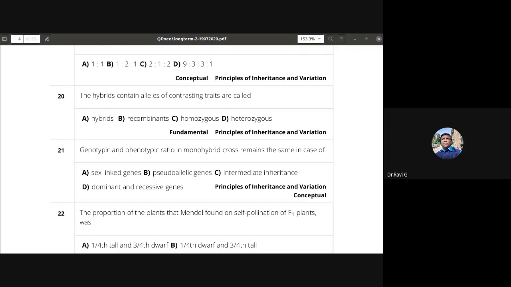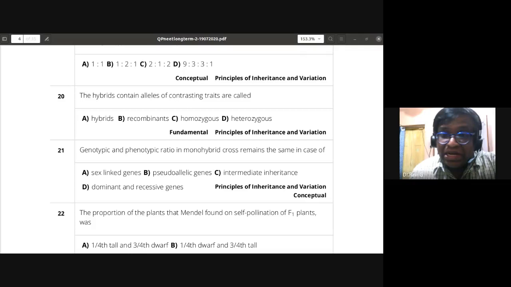So incomplete dominance or intermediate inheritance is the answer. The genotypic ratio is also 1 is to 2 is to 1. The phenotypic ratio is also 1 is to 2 is to 1. You have studied incomplete dominance with Antirrhinum majus, the snapdragon, as an example. Okay, even in the four o'clock plant, it shows this incomplete dominance. So the next question that we have is